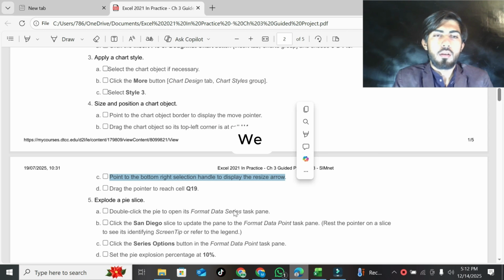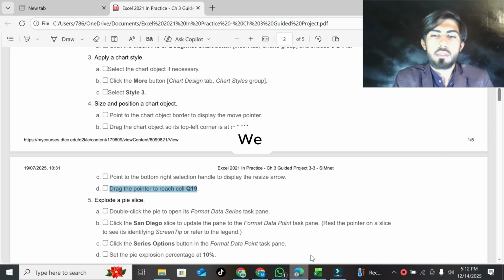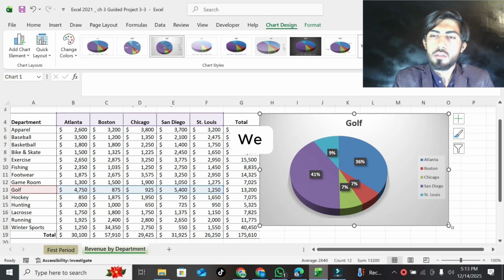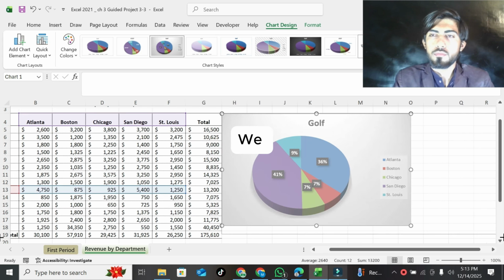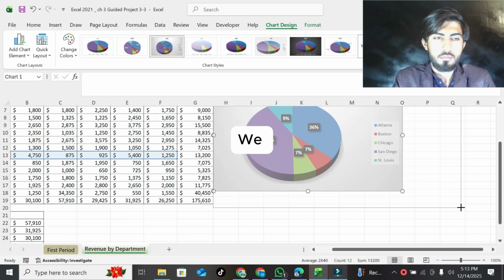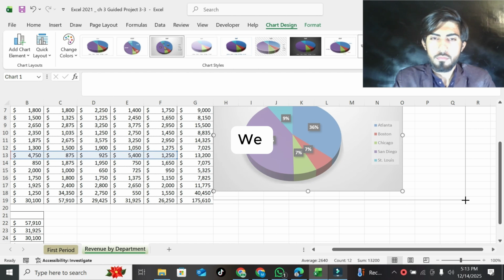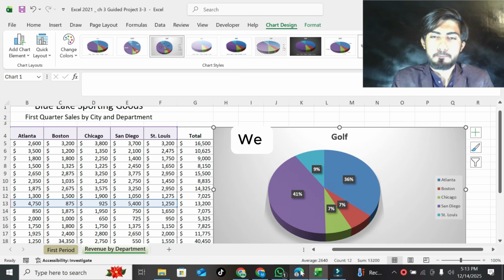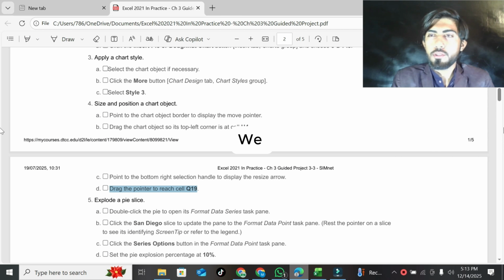Part C is point to the bottom right selection handle to display the resize arrow, and part D is drag the pointer to cell Q19. So move the chart from H4 to Q19. Question number 4 is complete.